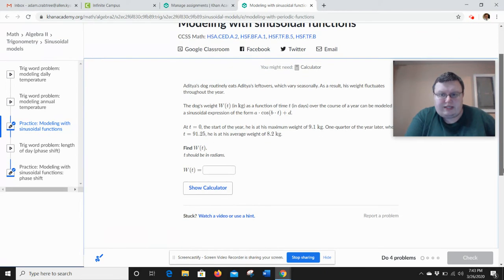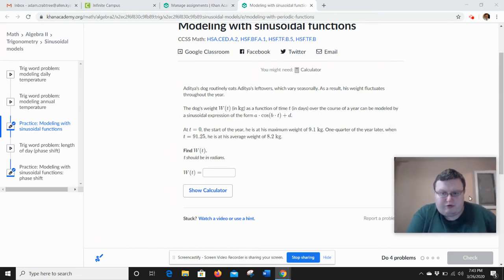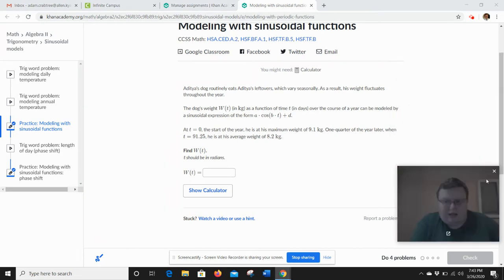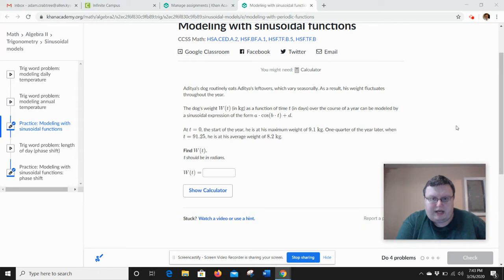So here's the first example that we're going to look at. Let me move the camera down just a little there. And here's our first example that we're going to look at. It says